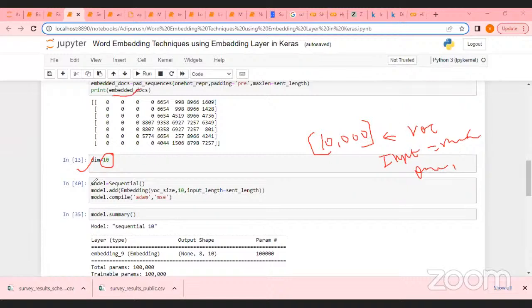Okay. So let's call the model equal to sequential. Then model dot add embedding. Rather than using dense, convolution, or RNN, we are using embedding. And then I'm trying to pass my vocab size. What is the new dimension I'm looking for? And then input length, which is equal to sentence length. Then obviously we will be using some sort of optimizer